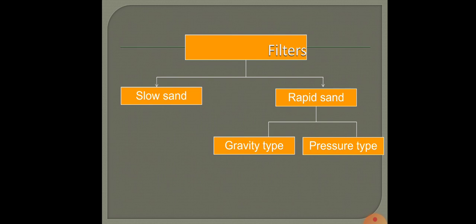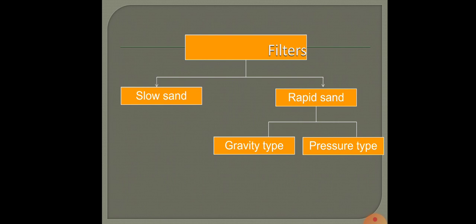This is formed in such a way that as the water passes through the filter media, the surface gets coated with a layer, and it is this layer which acts as a mat or a screen to remove the finely suspended matter and other organic matter present in water. The successful operation of a slow sand filter depends upon the existence of this particular layer, which we call the dirty skin.